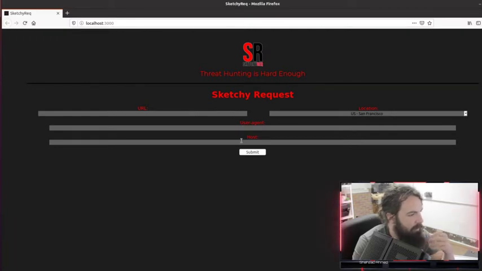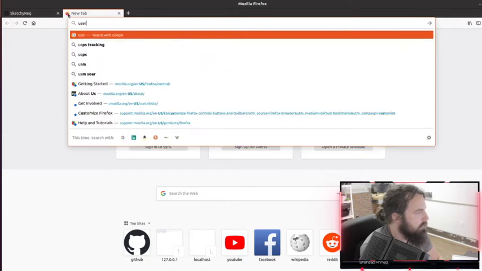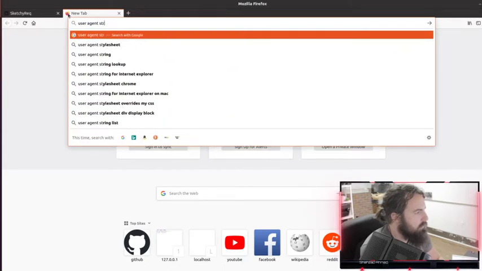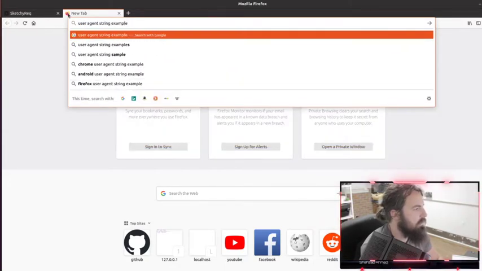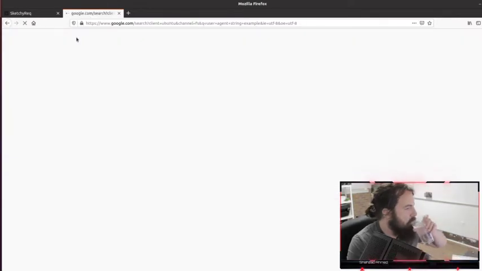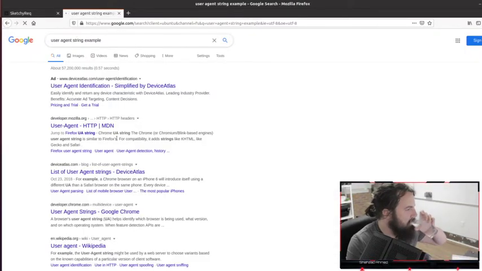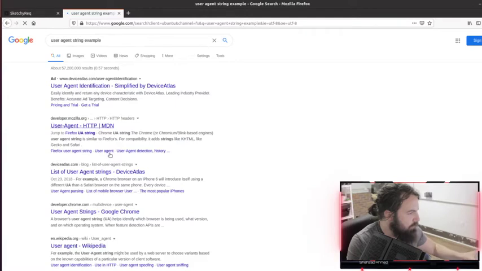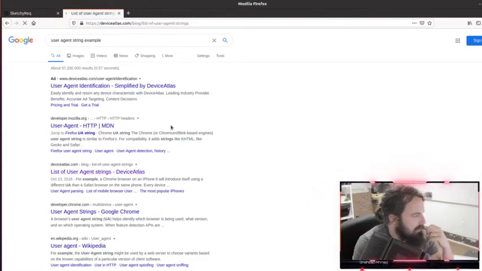I think the user agent and the host fields can be shrunk down. Because, let's look up a user agent string example. List of user agent strings.